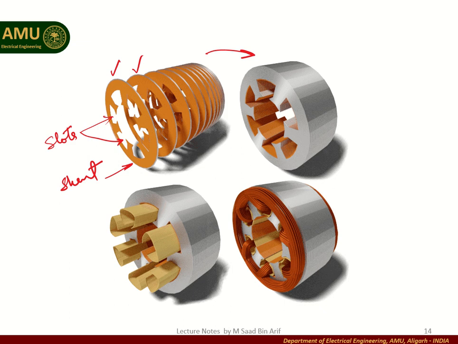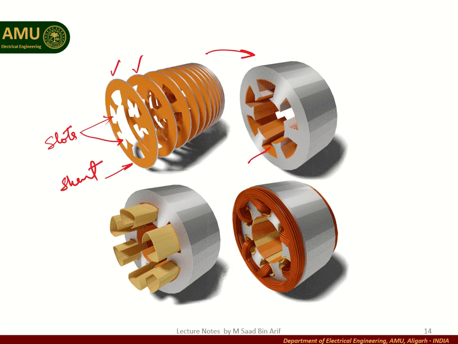Now what we have to do is, since the core is also made up of conducting material and windings are also conducting, if we directly place the winding, what will happen? The chances of short circuit or breakdown are more. So what we will do is, we will first do a proper insulation of it. That insulation can be of mica or some mica sheet or some paper insulating material. We put the insulating material over here, then we will do the windings in the core.